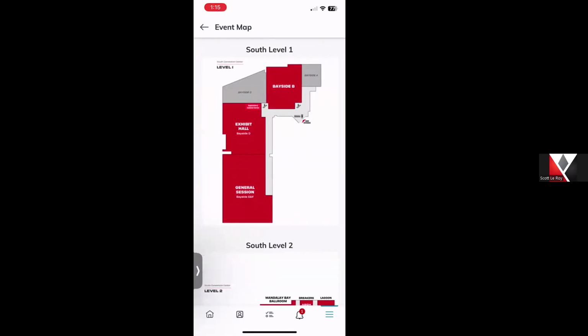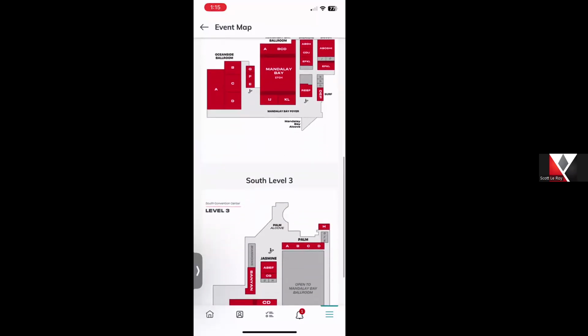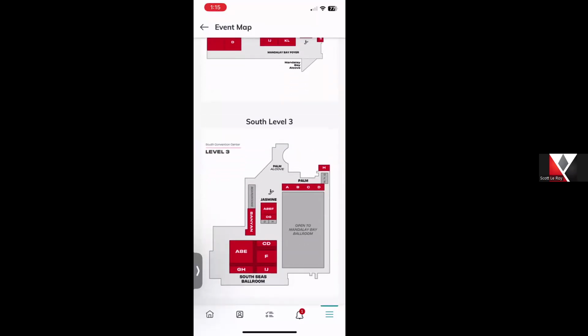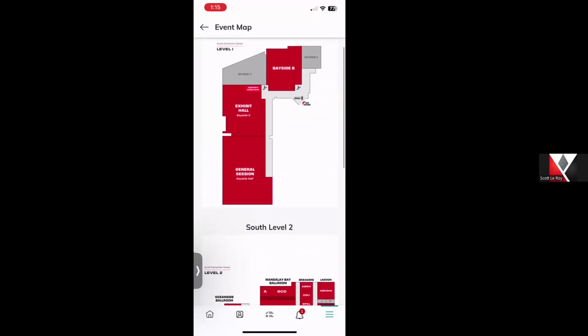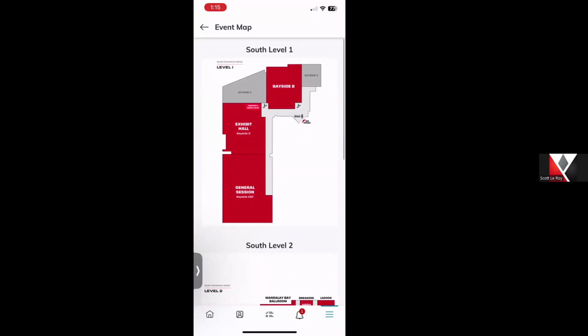They actually show maps of every level, color-coded, labeled, so it's easy to find your way through this particular convention center, which is super helpful. If you've ever been to family reunion, it can be a little taxing to navigate your way through such a big convention center. So this is here to help you. And then if we hit the back button at the top left,